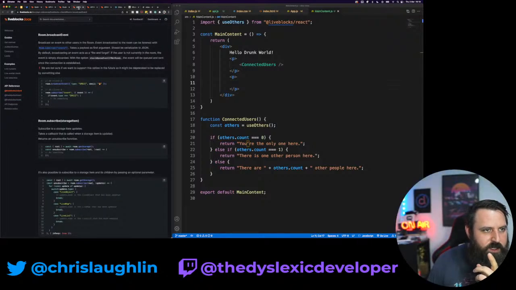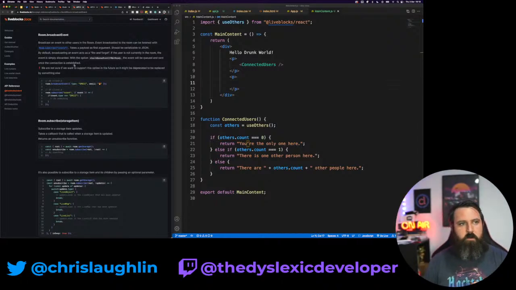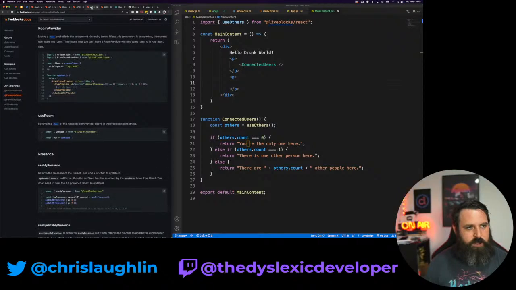Yes, so I'll move this over here. The broadcast event. I'm not going to use this right now, but I'm going to use this later on, because I think this would be really cool to do stuff with. So first, I want to start using the room, and explicitly using the room storage to handle the questions for this.